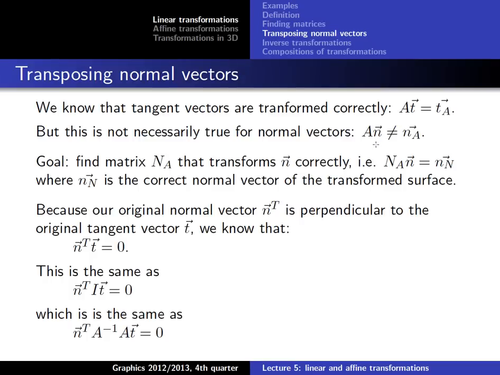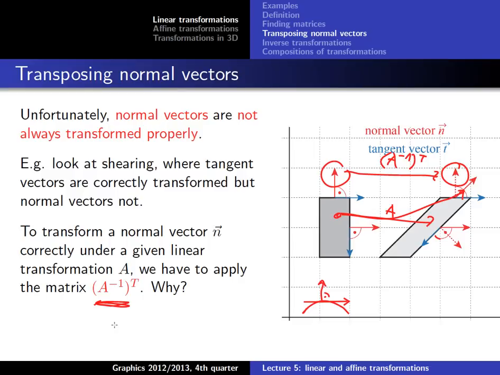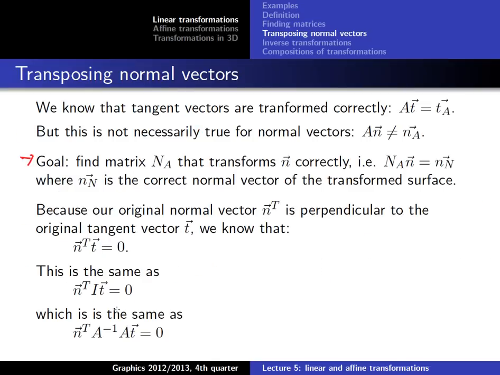But we also see that this vector n, when we transform it, is not transformed correctly. So the goal that we have is we need a matrix NA, which hopefully will then be this one here, that transforms n correctly. So n multiplied with this matrix NA equals then the normal vector. I called it n because that's the real normal vector, whereas the wrong one I called NA because that's the wrong one. That's the one created with this matrix A. So